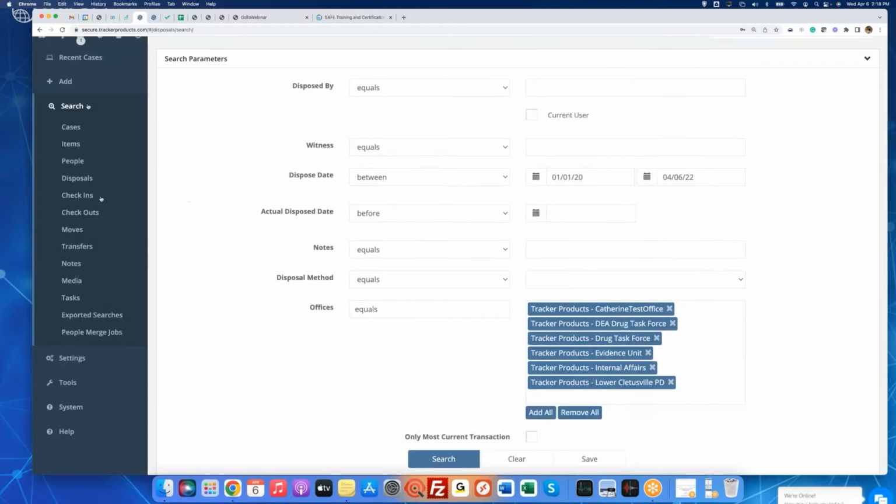Some of the other searches, more basic kinds of searches in the system, are going to be in the same